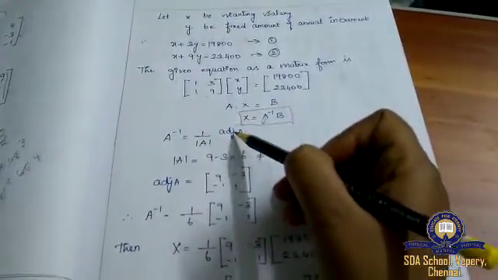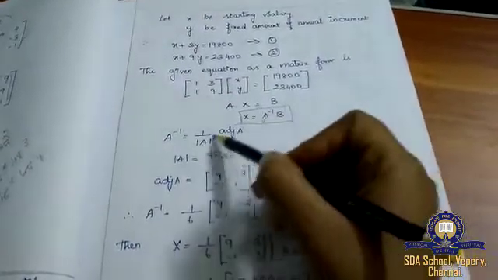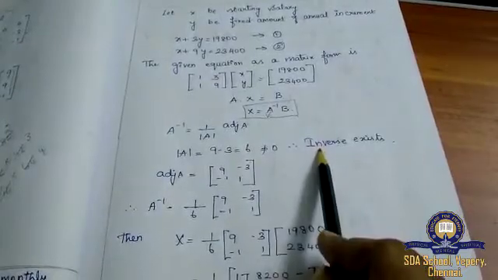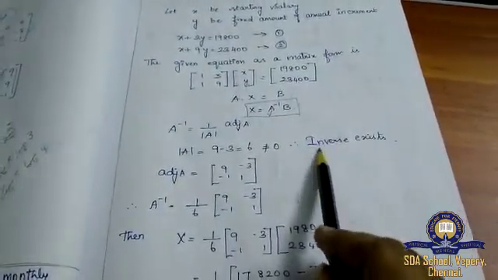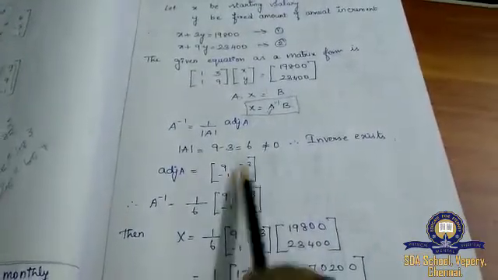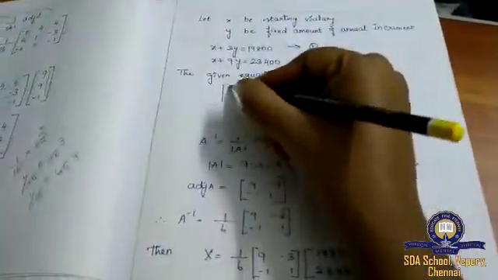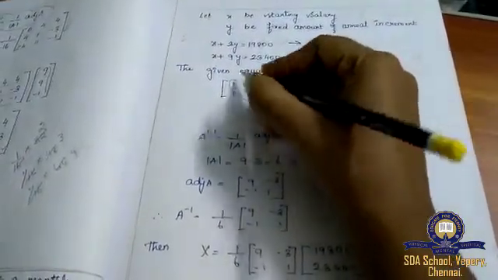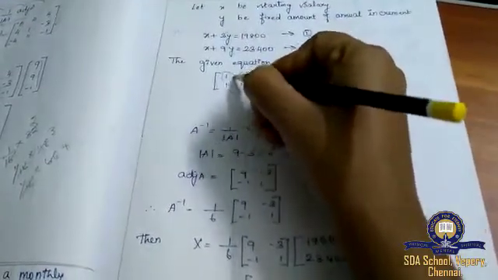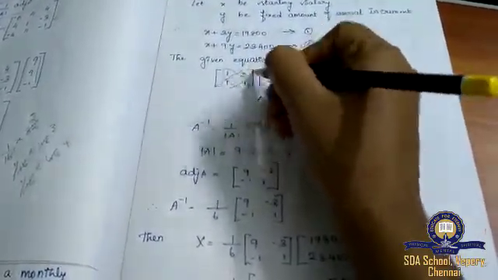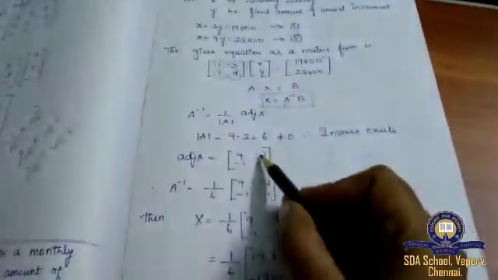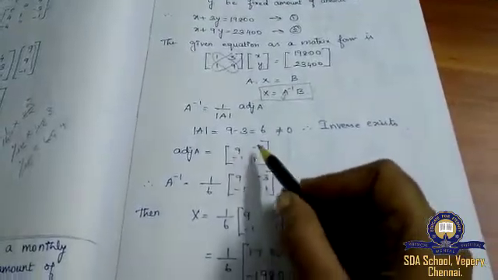After that, first find determinant A. So your value is 6, therefore the inverse exists. You should mention that the inverse exists. Okay. Next, adjoint of A. How will you find the adjoint of A? You have to change the leading diagonal, that is, in the place of 1 you write 9, and in place of 9 it will be 1. Here it is just a simple change. For the other two, we have to put the minus sign. So 9, 1, minus 3, minus 1.